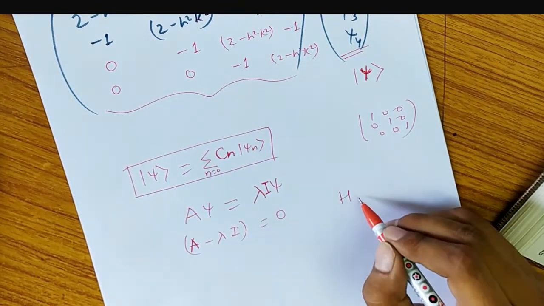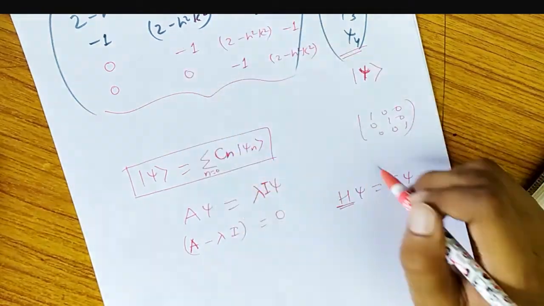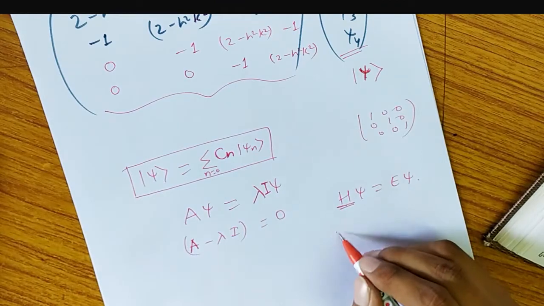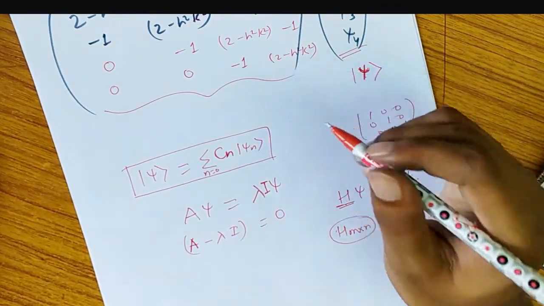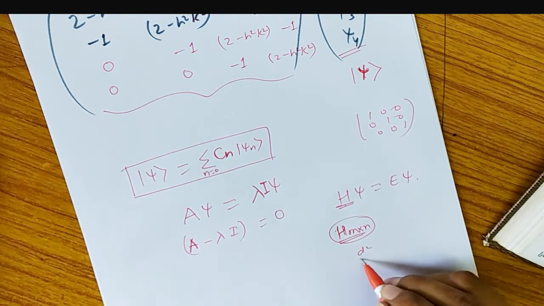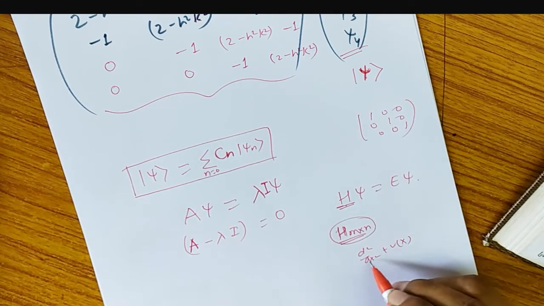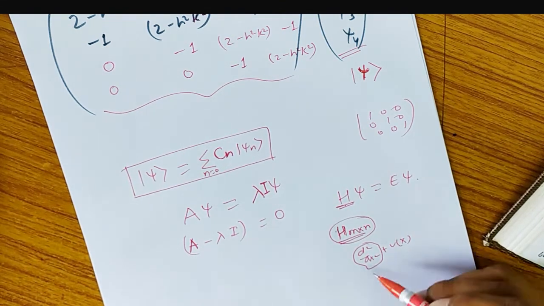Now here I have H psi is equal to E of psi. So H corresponds to this one and E corresponds to K square. H is now my matrix of M cross N, meaning it is a square matrix. H contains d2 by dx square plus V of x, and d2 by dx square is my derivative operator, and we have written the derivative operator in a matrix form. So this is how any differential equation, or any operator in quantum mechanics, can be represented in